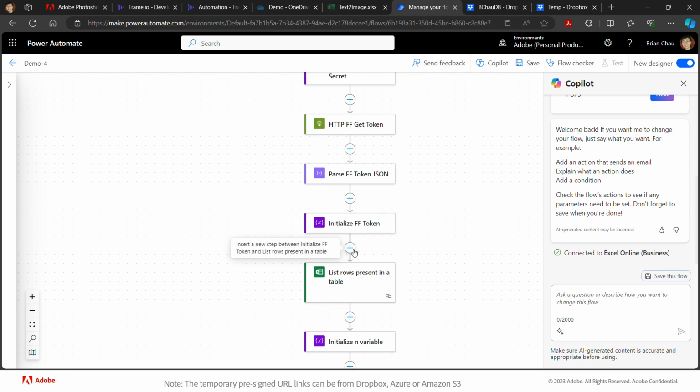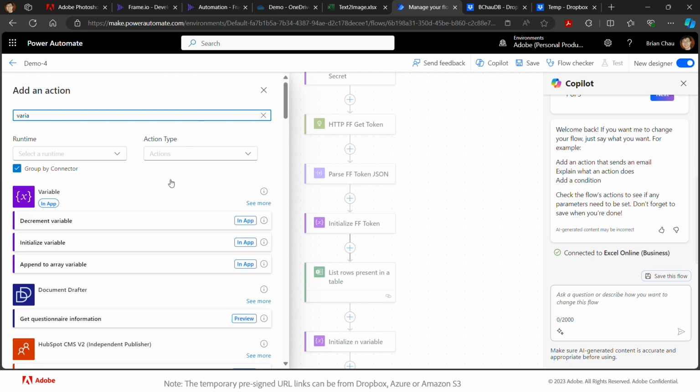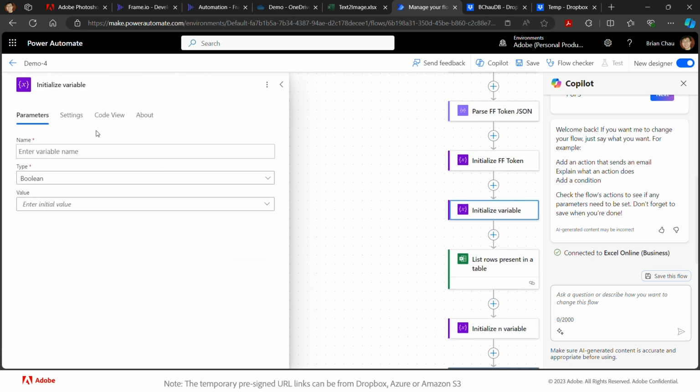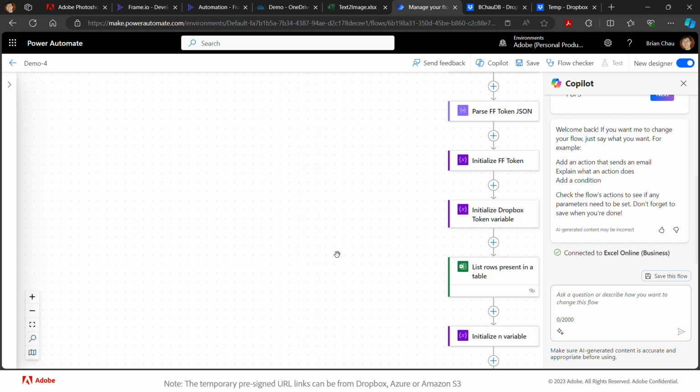But after this Firefly token, before we call the Photoshop API, we are going to call the Dropbox API. So I'm going to first put a variable to store the Dropbox token, and give it a name, underscore db underscore token, as a string, and copy the value. Okay, now once we've got the token, how do we create a temporary storage that Photoshop can upload the image